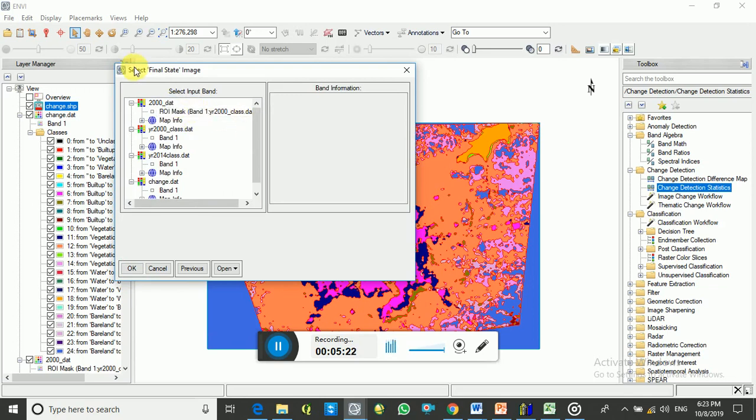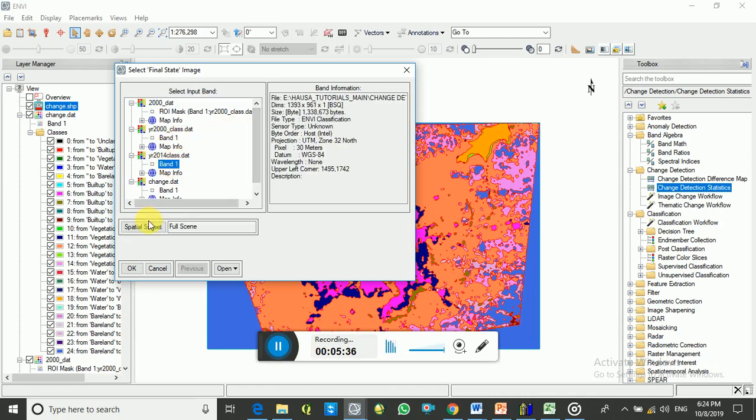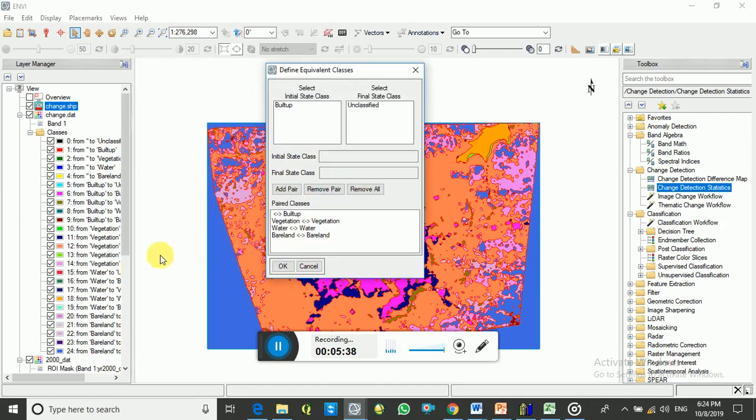For the second image, that is the final stage image, I need the image of the year 2014. I click on the 2014 one there, then select its band, and then click OK. Now